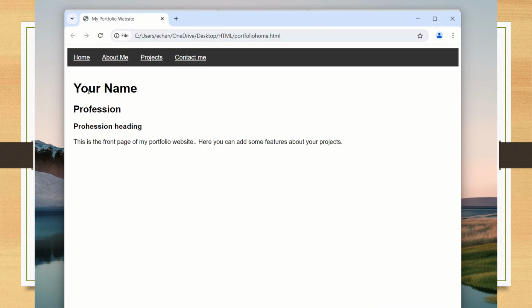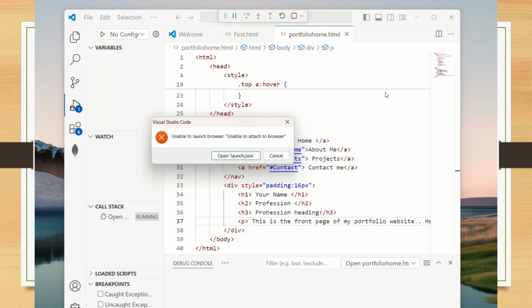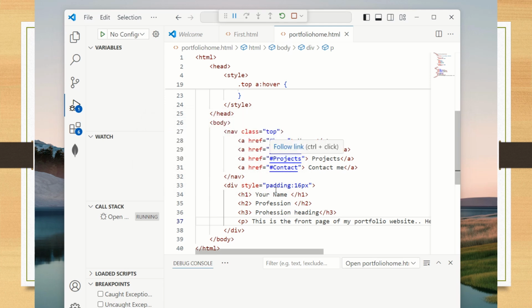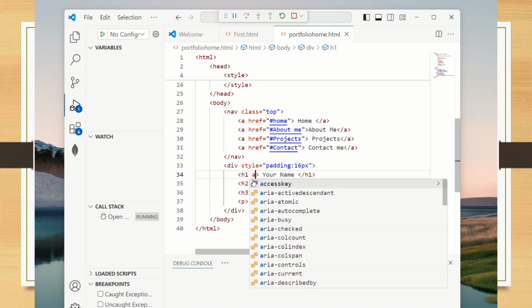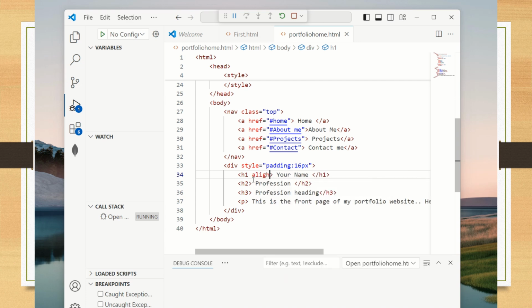Yeah. So we can also align this one. We can align this to the center. So we can use the attribute align. You can add the attribute. This is a heading element, and all elements that have this attribute can be aligned. That is used to align the text. Here I am giving the value center. Similarly, the profession is also aligned